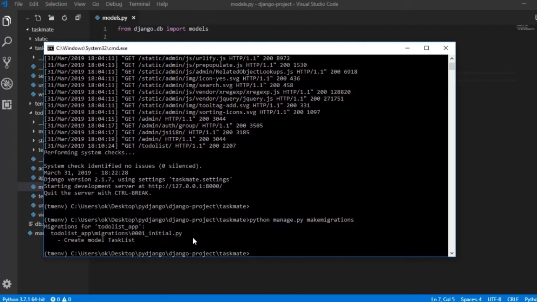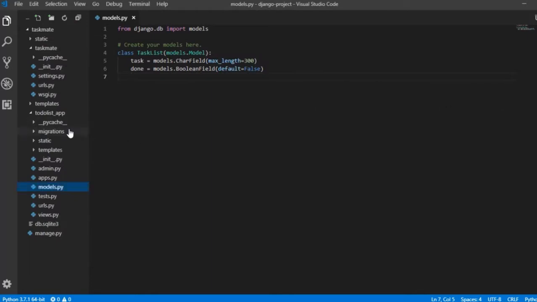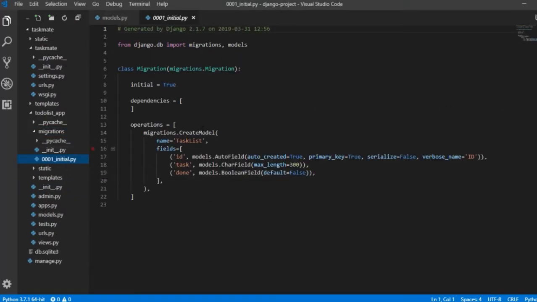Now here you can see it created a .py file inside my migration folder. Let me open that one. And you can see this is the code it generated with a single command, that is make migration. So they have three fields in the database, that is the ID, task and done. So why ID? ID is used to provide a uniqueness to every field. So if I create any task, we can connect with that particular task. We can search for that particular task with the ID because ID would be unique.